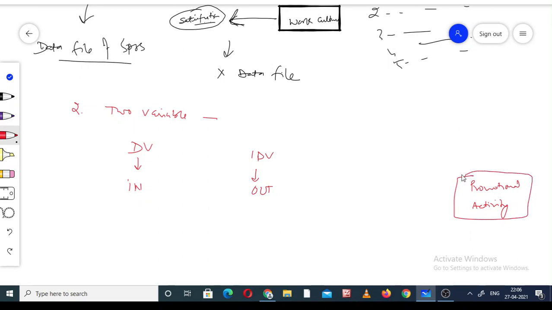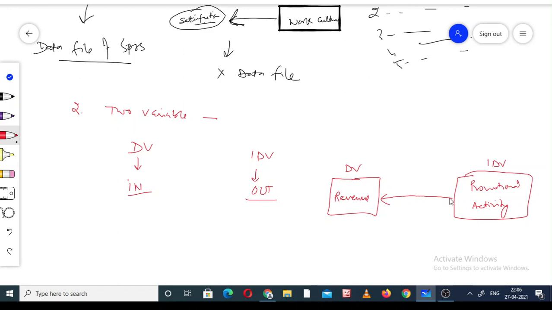This is the promotional activities and the impact of this one on the revenue of the company, and I make it like this. So the arrow is coming on the revenue side. This is inside because the arrow is coming inside, and the arrow is outgoing from this box. So outgoing from this box is the independent variable, and coming inside this box is the dependent variable. As per my statement, the dependent variable is in and the independent variable is out.